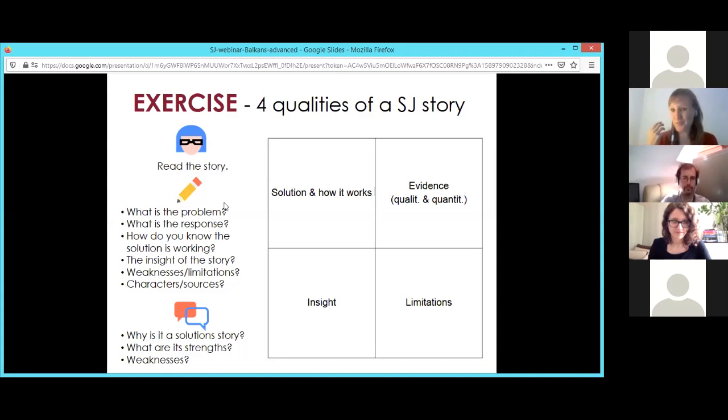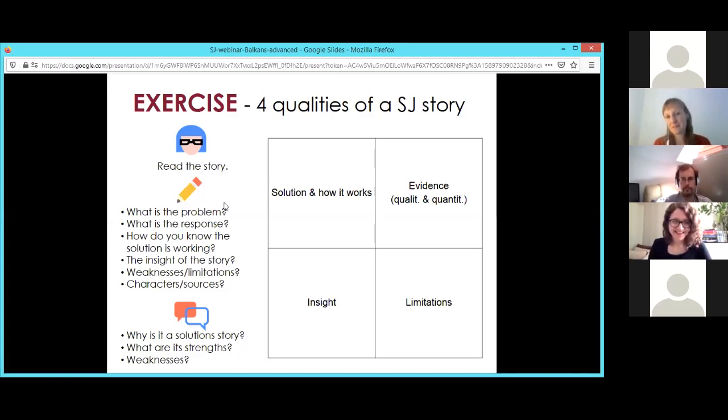We were and we will be talking about the 4 qualities. This is actually the mantra. This is all it is about. And then Hanna can say how much I was bothering her with this when she was doing her story, and I was trying to help her this way. So please